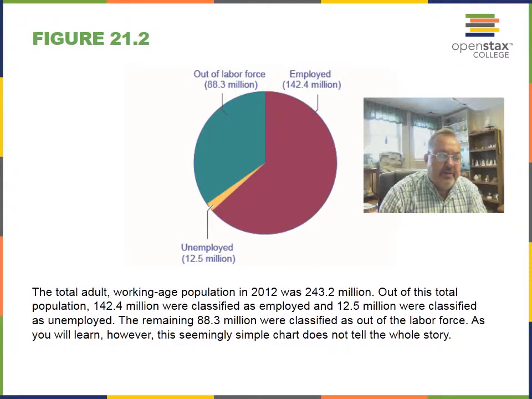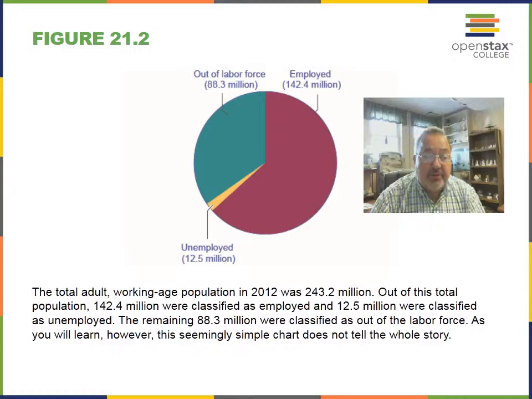This slide depicts the labor force and the people that are not in the labor force. To be in the labor force, you have to either be employed or unemployed. Labor force is calculated by adding the employed plus the unemployed. To be considered part of the employed, you have to be 16 years or older and working. To be considered part of the unemployed, you have to be 16 years or over, able and willing to work, and then actively seeking work. You have to meet those three qualifications to be considered unemployed.